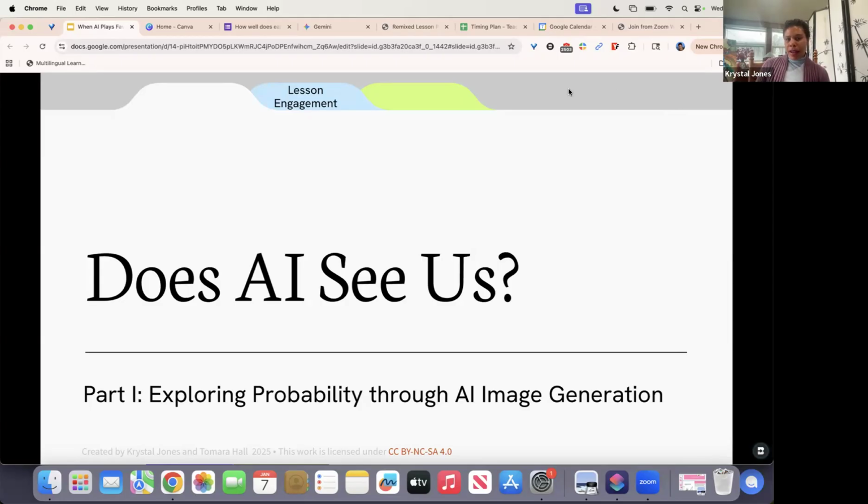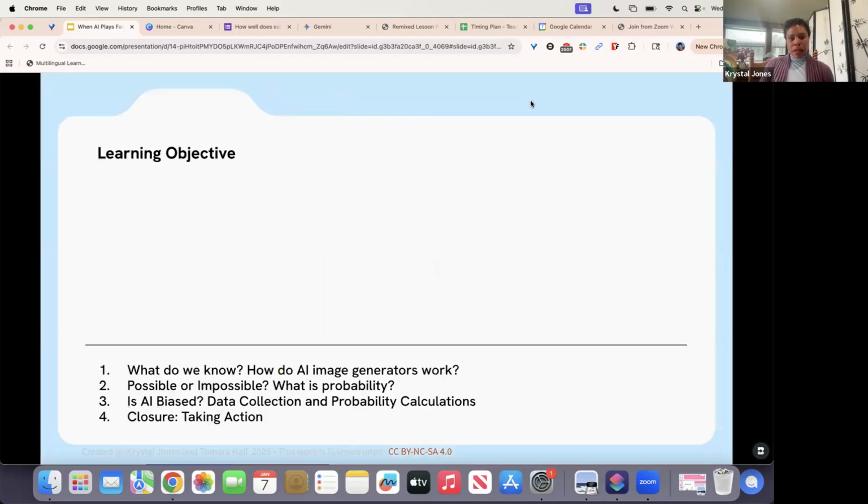So I actually took the KCI capstone course last spring. One of the activities we did in that course was prompting an AI image generator and seeing what comes up. And it disturbed me how many identities were left out of the images that came up. That was kind of floating in the back of my mind for a while, and when Tamara and I got together and decided to put this lesson together,